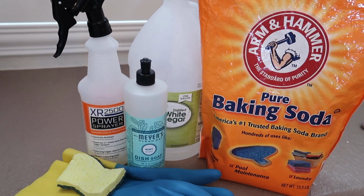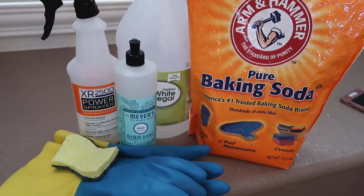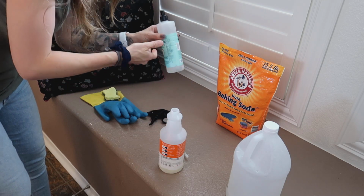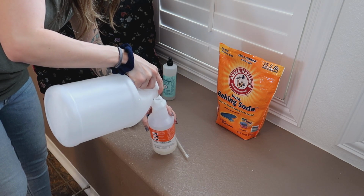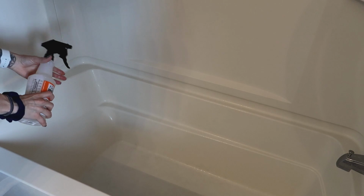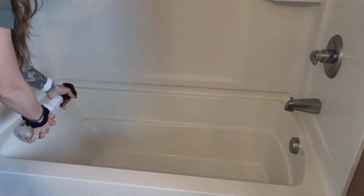It involves zero bleach. So I'm going to be using baking soda, white vinegar, dish soap, and a squirt bottle. I put dish soap in the squirt bottle. Dawn works better, but I'm going to be using Mrs. Meyer's, and then I'm also going to fill the bottle halfway with vinegar, and then I just shake that up a little bit and I squirt it all over the bathtub, get it a little bit wet,